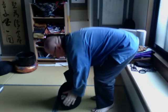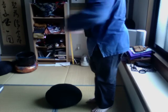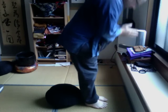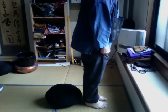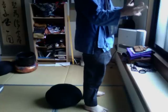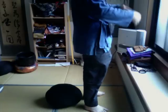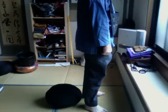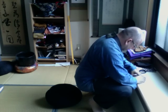But I'd like to show you a common misunderstanding and a problem in the use or misuse of the cushion. Just have a look. If you want to sit, you put your zafu on the floor. Generally, always push it down like this. Gassho. Gassho. And then you sit. When you sit, most people would rush it. What you have to do is just to pause, relax, and go down